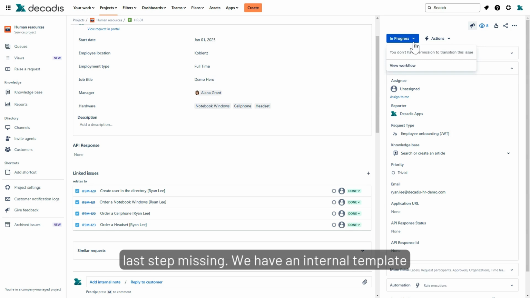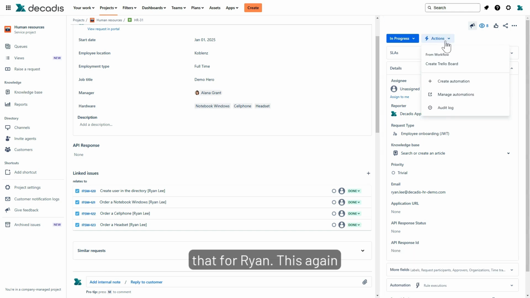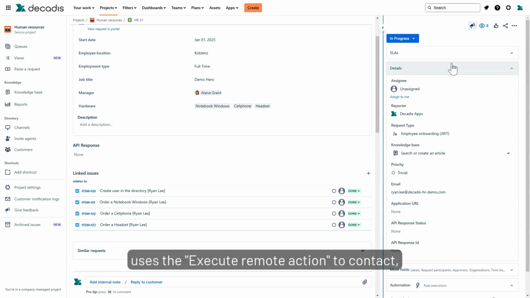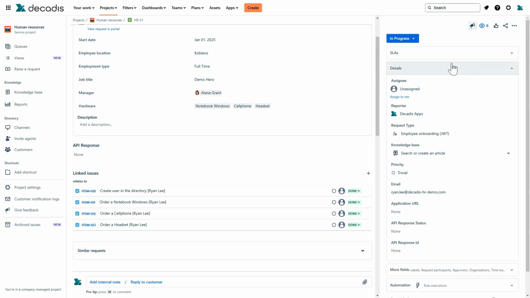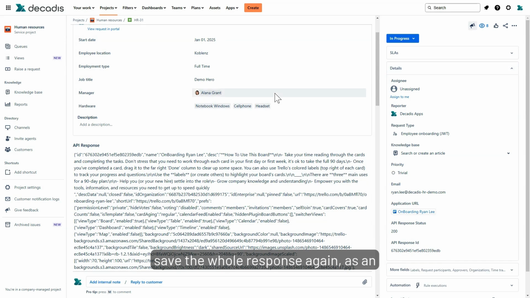That's because there is a last step missing. We have an internal template for a Trello board guiding new people through their first weeks and months, and we want to create that for Ryan. This again uses the execute remote action to contact, in this case, the Trello API. While we save the whole response again, as an example,